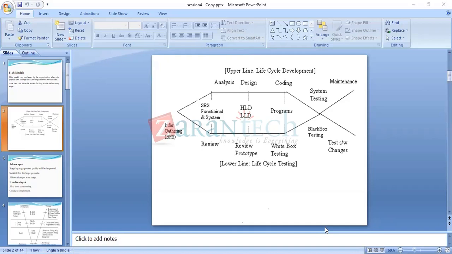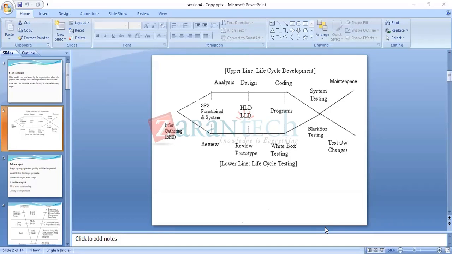This is also one kind of model. Don't think that every company will go with all the models. Different companies, they may go with different models. This is what we need to understand.